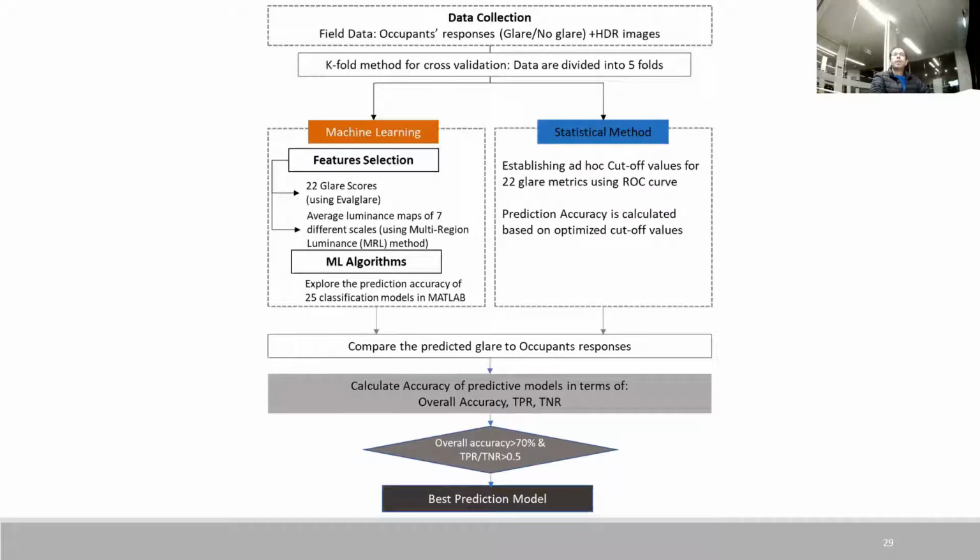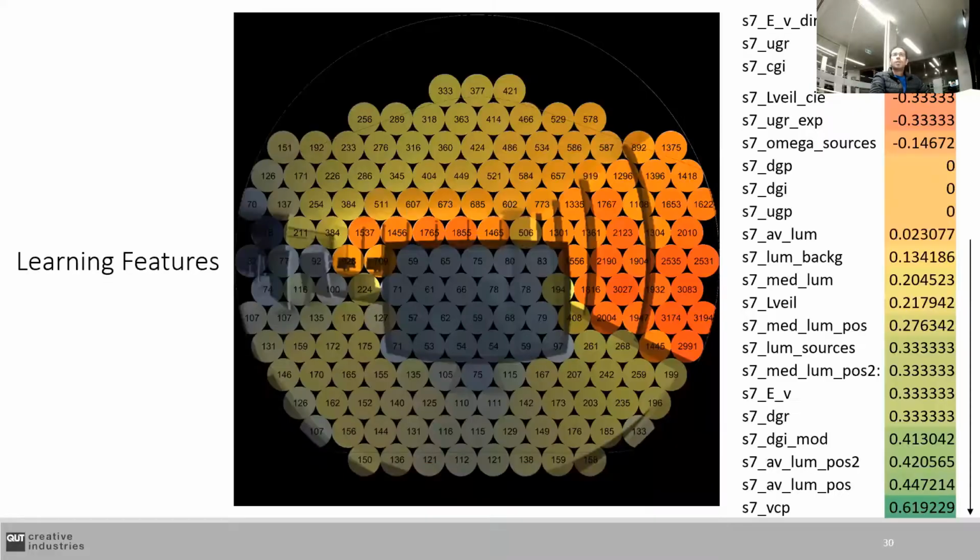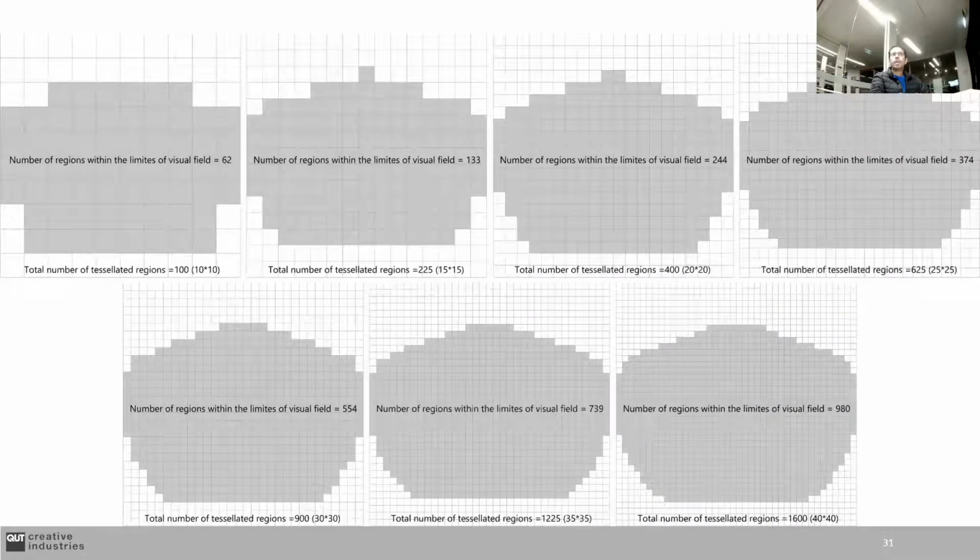Okay, and then we used more than 25 machine learning algorithms and classifiers in MATLAB in order to check which one has the most accuracy over all of them. And then we put criteria, defining that we need at least an overall accuracy of 70%, which should be higher than the current glare metric UGR. And also we need to make sure that the TPR and TNR are above 0.5 in order to eliminate any random decision. So using each one of the glare matrices as a feature was not that useful in comparison to